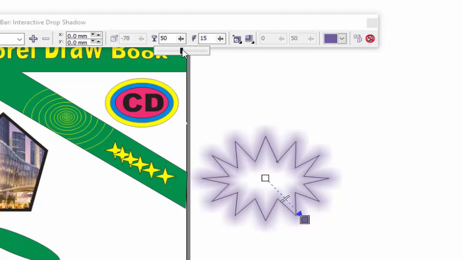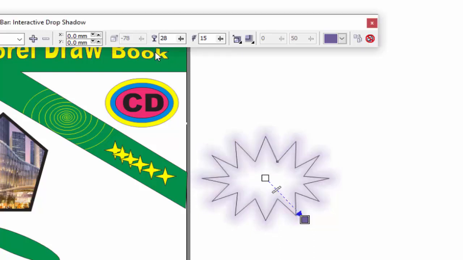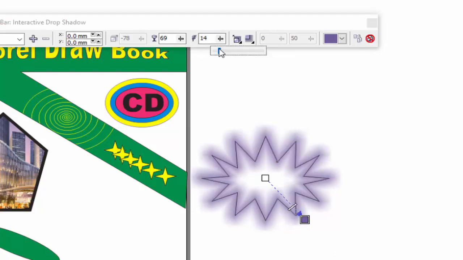And if you want to give opacity to this drop shadow, you can increase the opacity, meaning it will be dark, and it will be light if you move to this position. Move to the right, light color, and move to the left, dark shadow. And if you want to use this option, feathering, your shadow will be feathered like this.